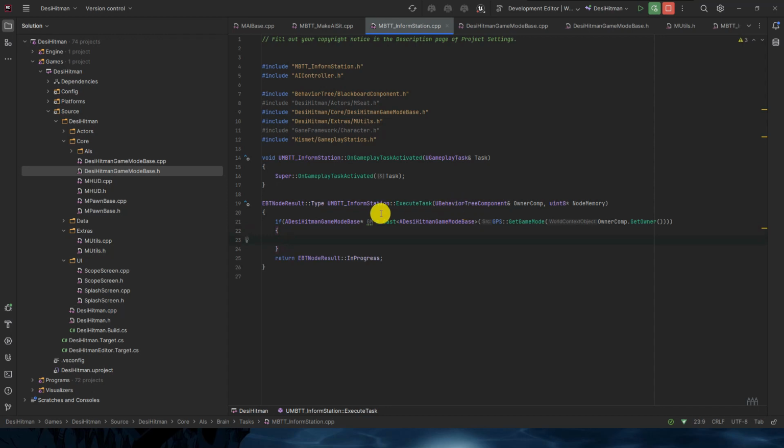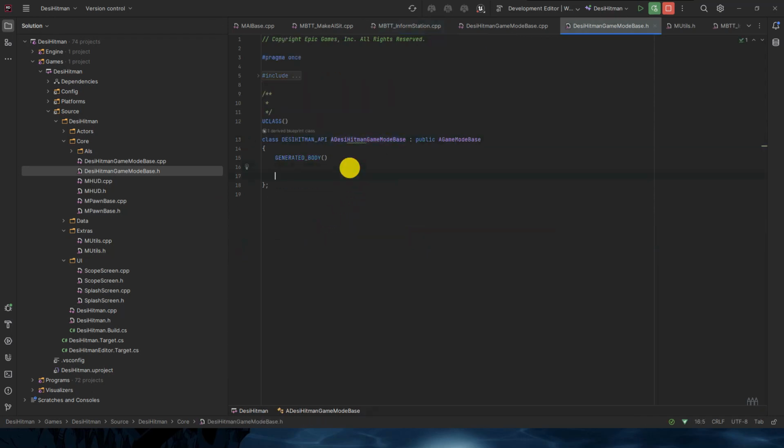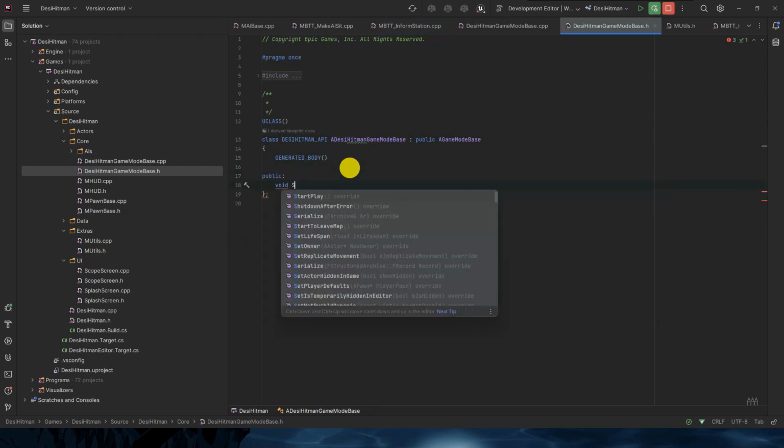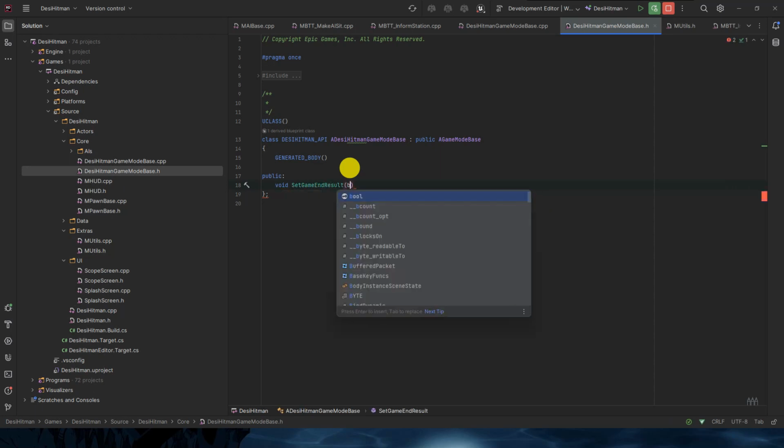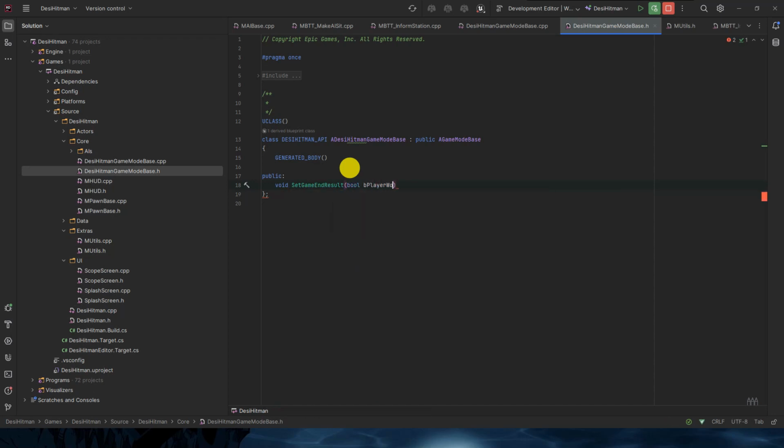Okay, so in the game mode I will just define the end of the game. I will create one function, public void SetGameResult, bool player won.